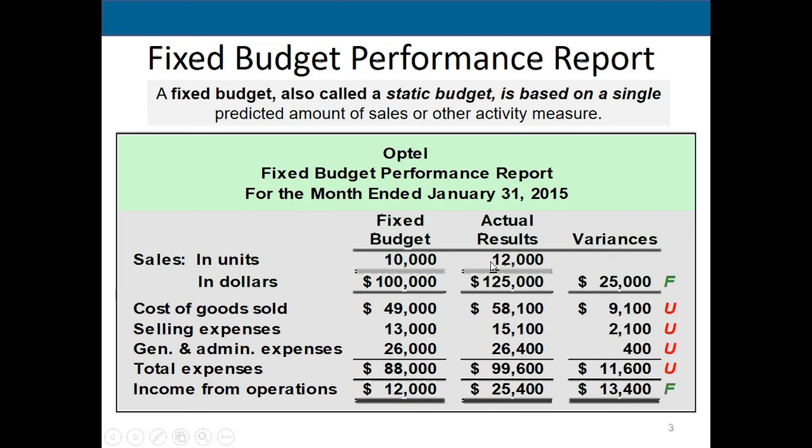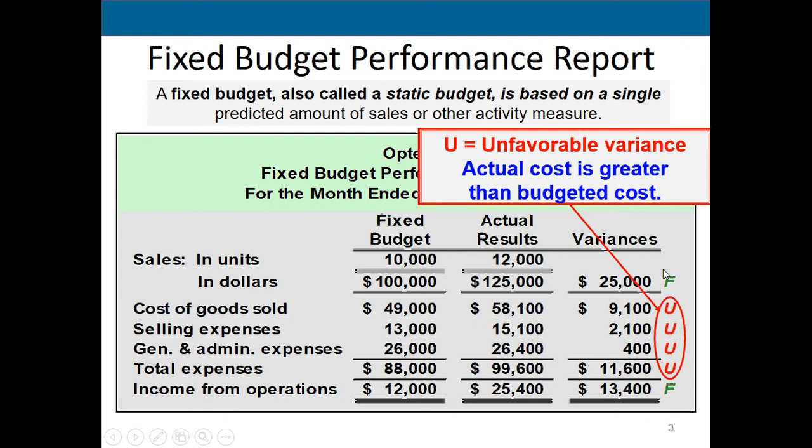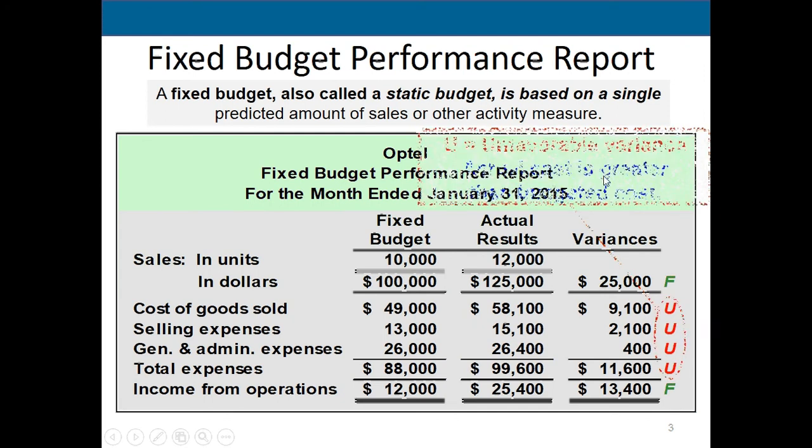Well, it looks like we actually sold 12,000, and that resulted in sales of $125,000, and these related expenses to give us income of $25,400. Where the system was going to explain these to you is that you may have an unfavorable variance if the actual cost